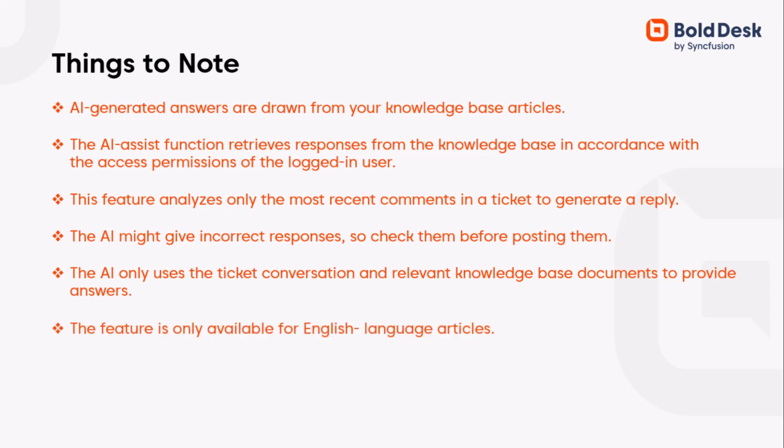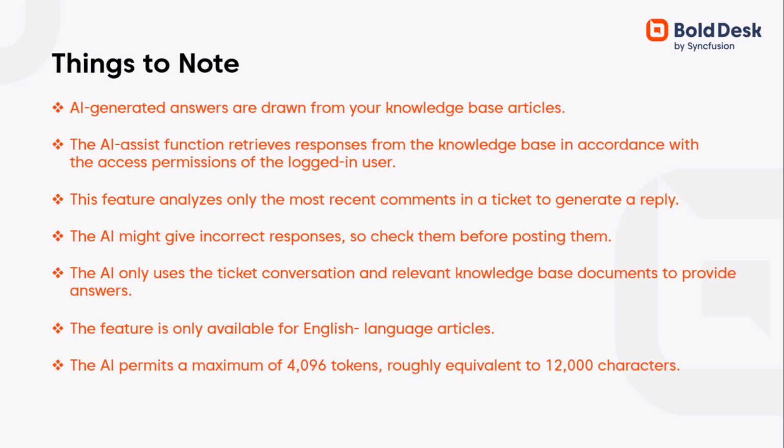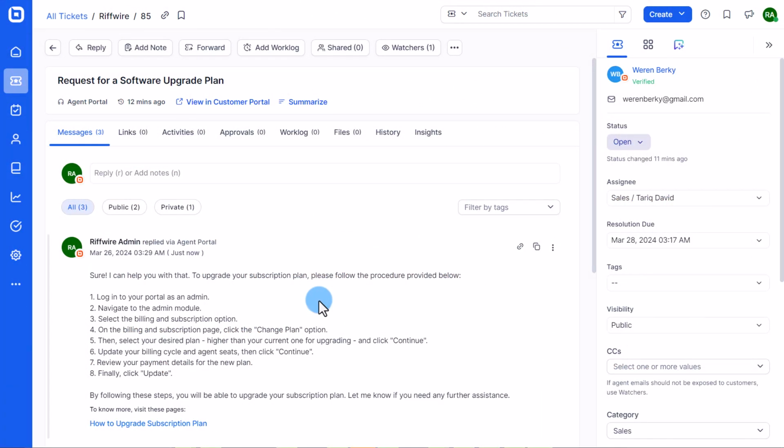This feature is currently only available for English language articles. The AI permits a maximum of 4,096 tokens, roughly equivalent to 12,000 characters. Therefore, it is advisable to create separate knowledge base articles for distinct topics instead of combining multiple topics into a single article. In this video, I demonstrated how to enable the AI Copilot feature and how agents can utilize it